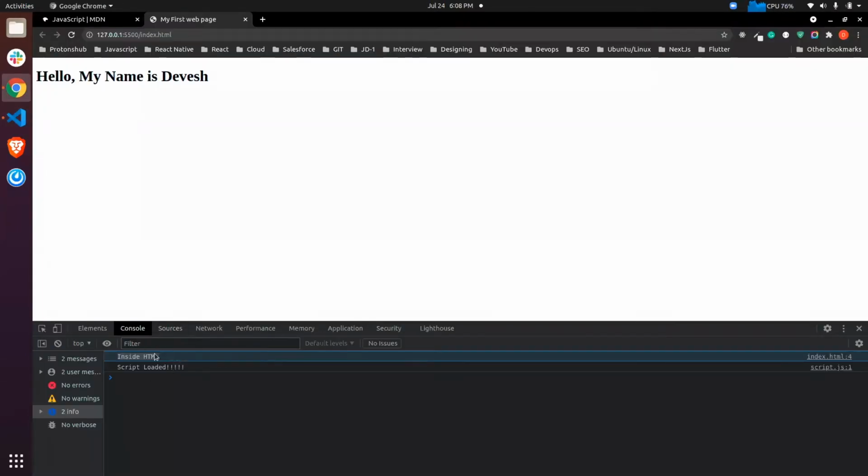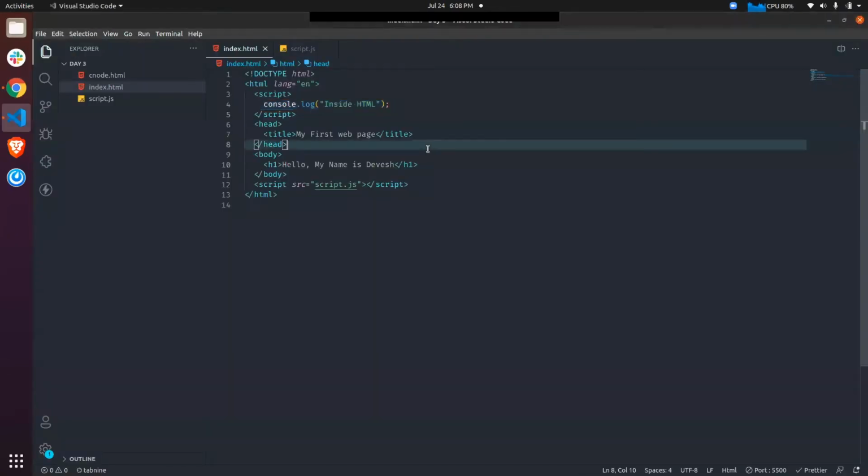It is only visible in the developer console in your browser, which is available in most of the browsers, I guess. I don't know about Internet Explorer, but most browsers have their own developer consoles, and it is visible over here. So we have successfully integrated the script.